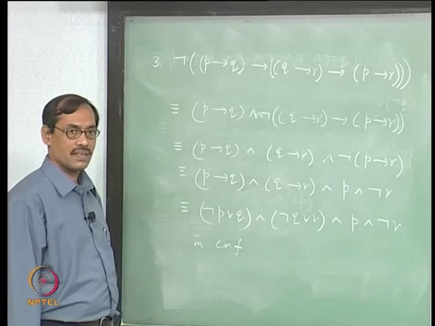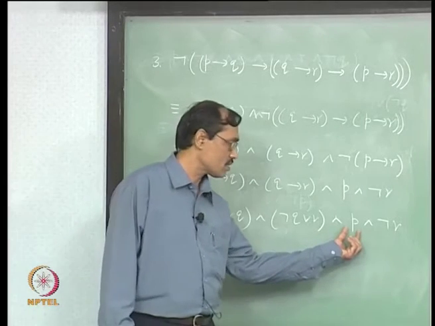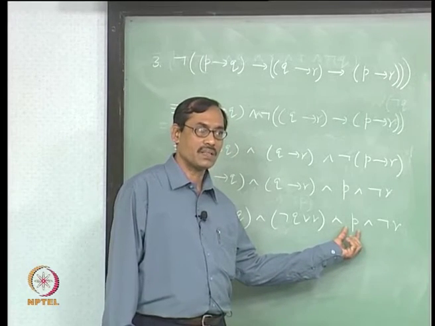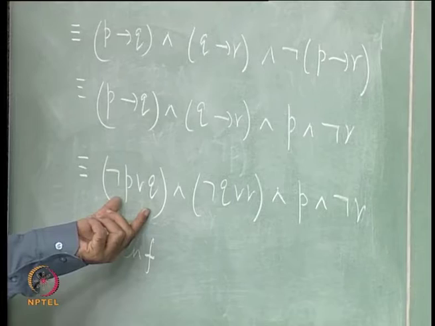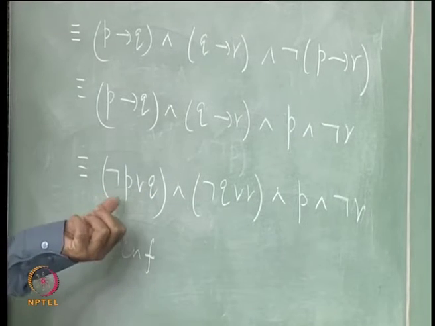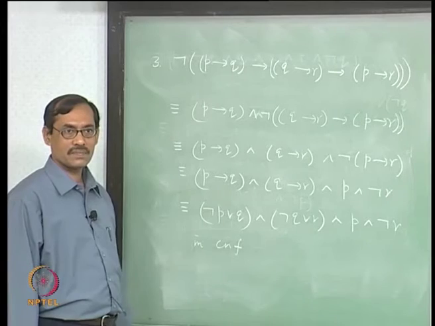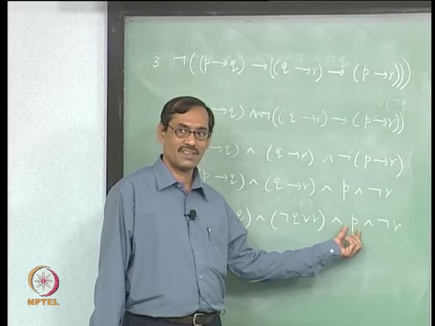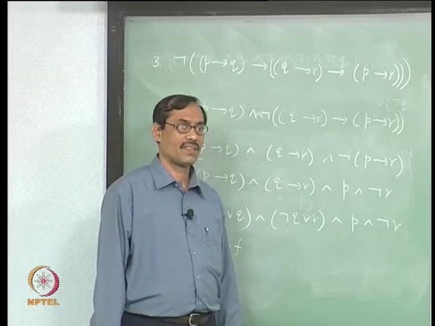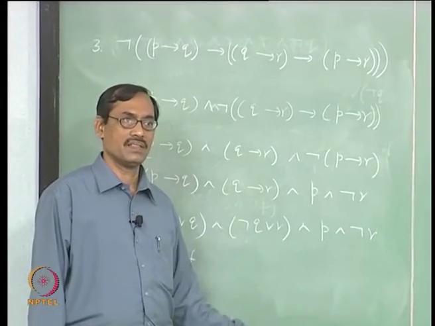Is it valid? It is not, because there is one clause where there is not a pair of complementary literals. If not P is there, P is not there. If Q is there, not Q is not there. For validity, each clause should have a pair of complementary literals. Here at least there is one that itself is a literal, a propositional variable. So no pair can be available there, right. Clear? So it is not valid, that much we know, it is invalid.